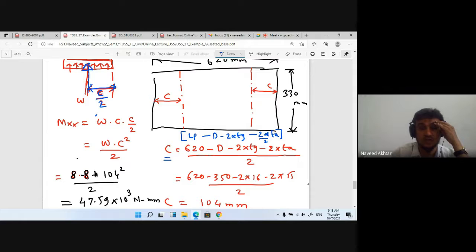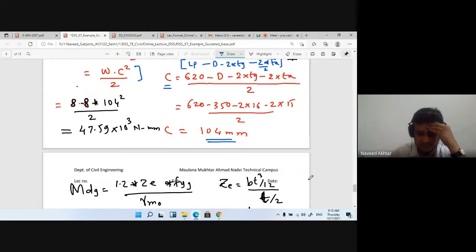Hence the total load is W into C. That is capital W. Capital W is nothing but W into C, into the distance from the critical section, which is C by 2. The maximum bending moment will be WC square by 2. Put the value, you will get the maximum bending moment, that is 47.59 into 10 raised to 3 Newton